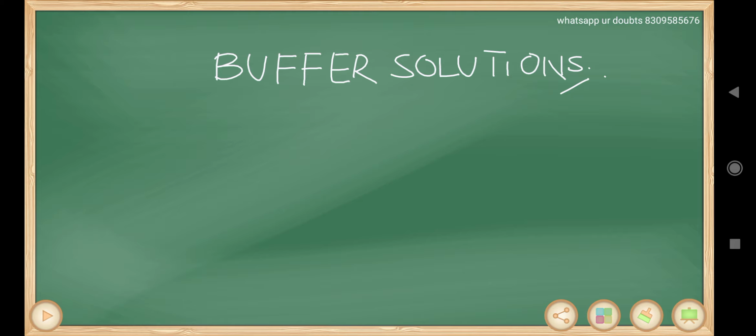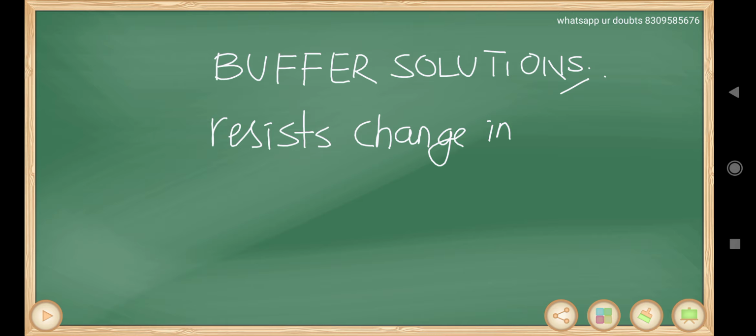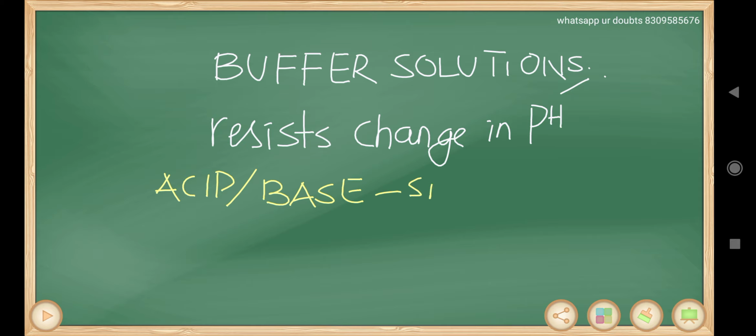Buffer solutions. Buffer solutions are those solutions which resist change in pH. Resist change in pH means by adding something, the pH is not going to change. What can we add here? A small amount of strong acid, or a small amount of strong base can be added. Remember, small amounts, don't add excess or heavy amounts. When you are adding small amounts of strong acid, strong base, or water,